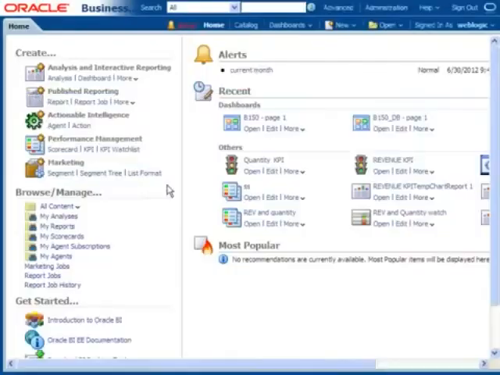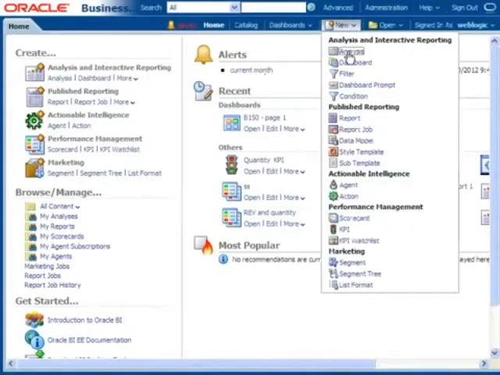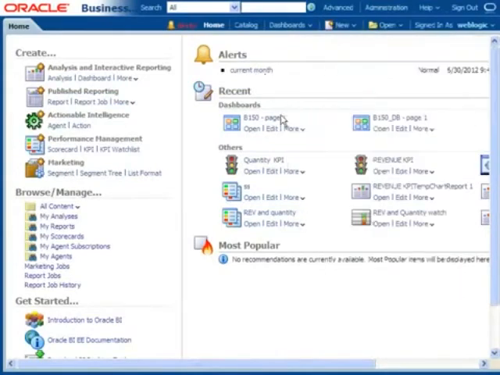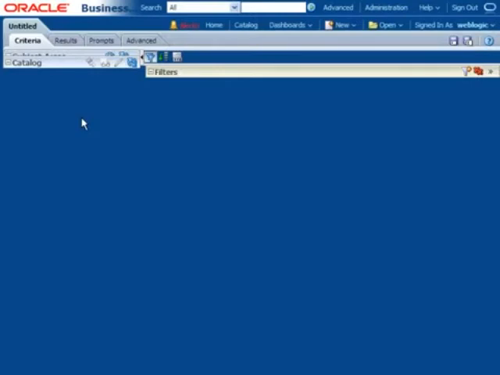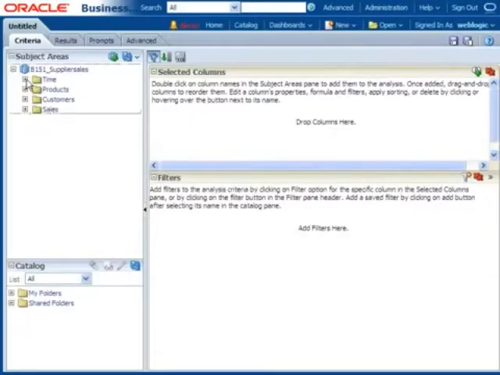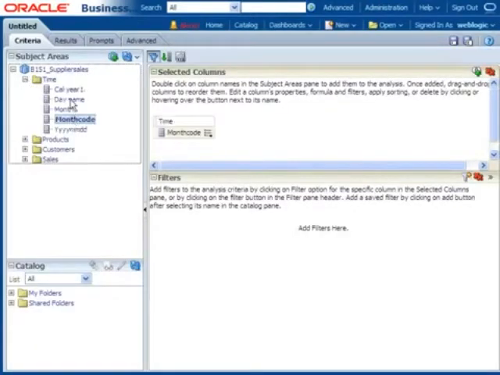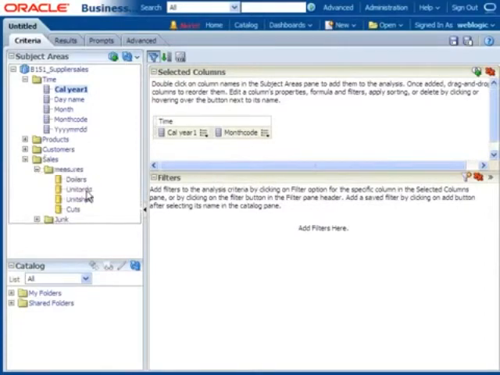Then I am going for New Report, Analysis, B151 Supplier Sales. I am taking one column called month code and the year column. Year I am taking in first position, then month code, then Units Ordered, Units Shipped, then the calculated column.